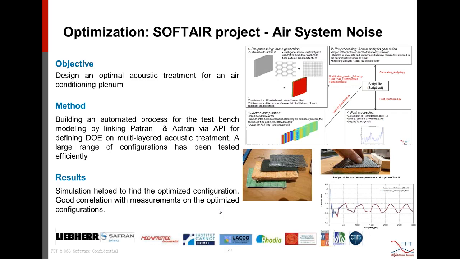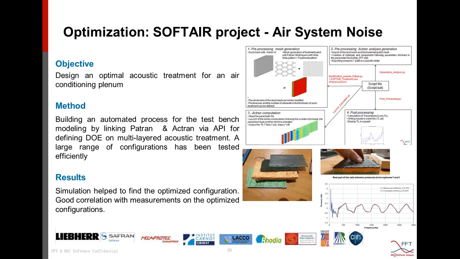And there are many parameters that we can vary to reach an acoustic attenuation. So as we know, Actran is a code that can be driven by API. API is the application programming interface. So basically, these are the session files that can be scripted